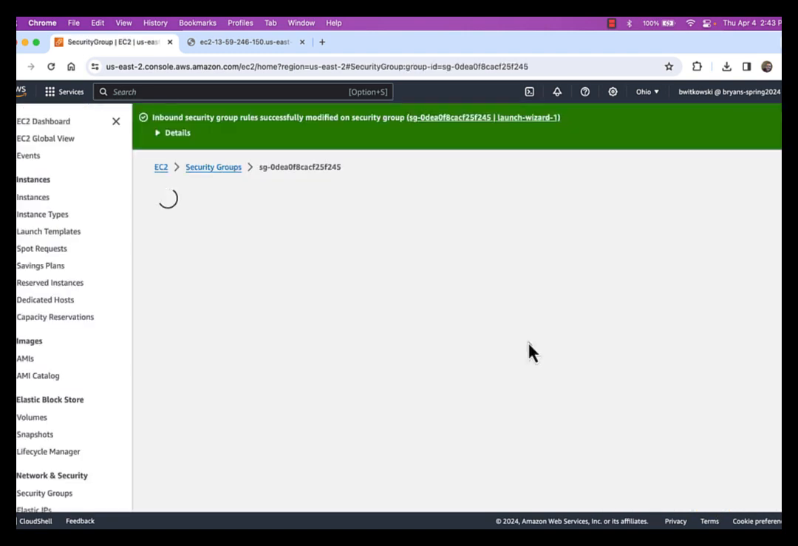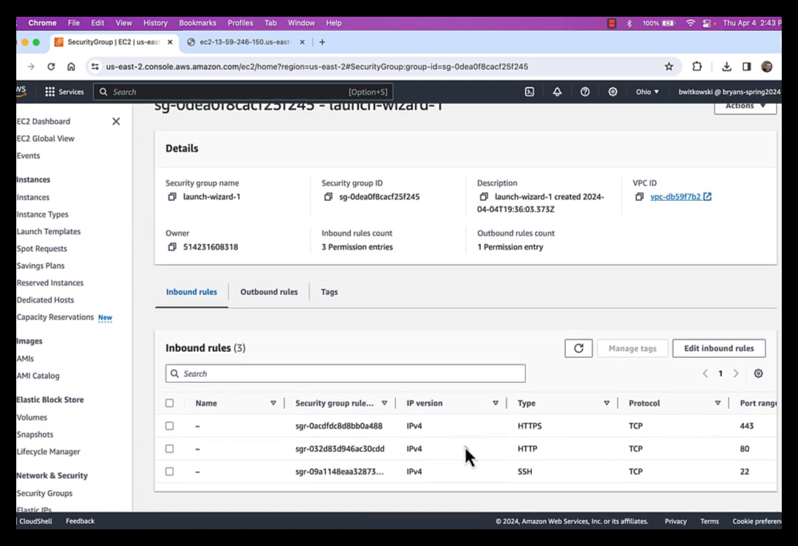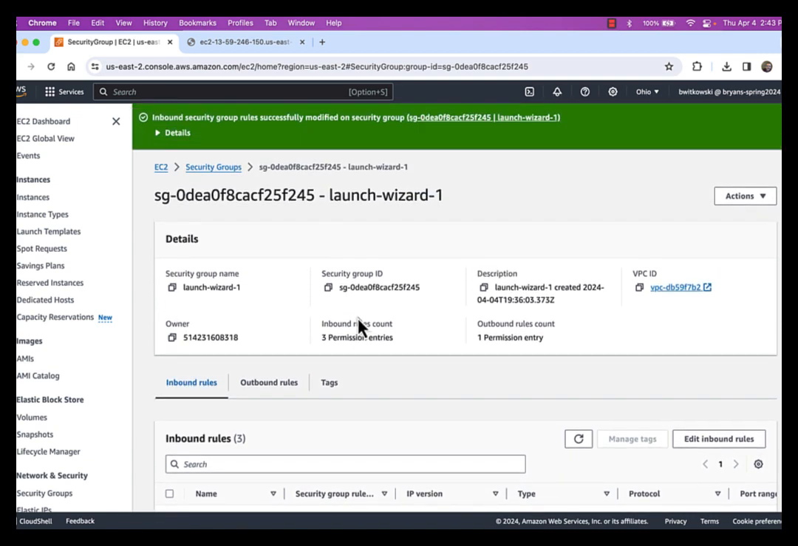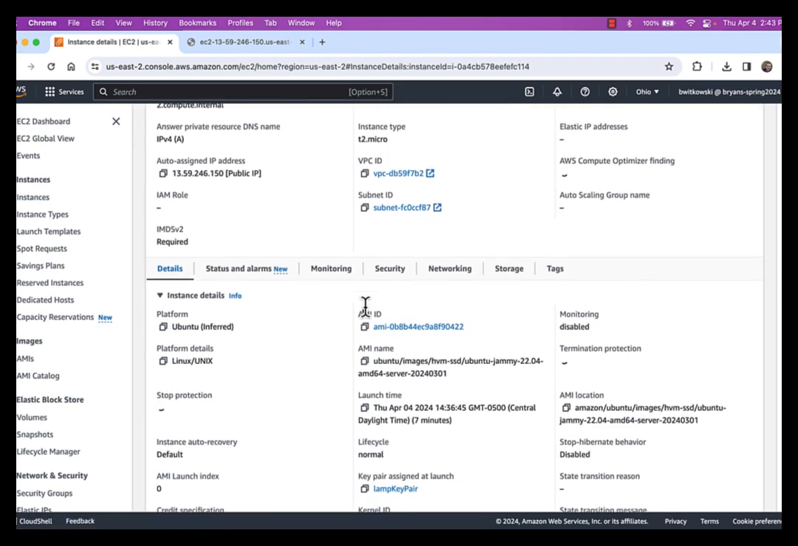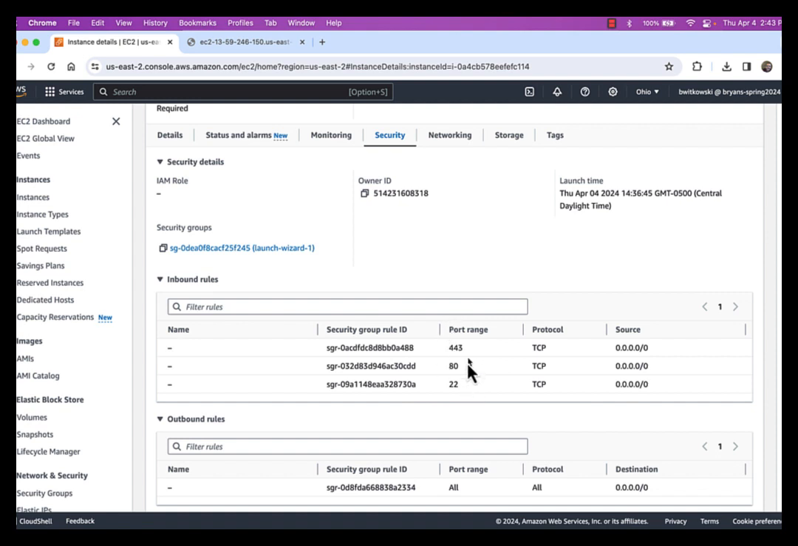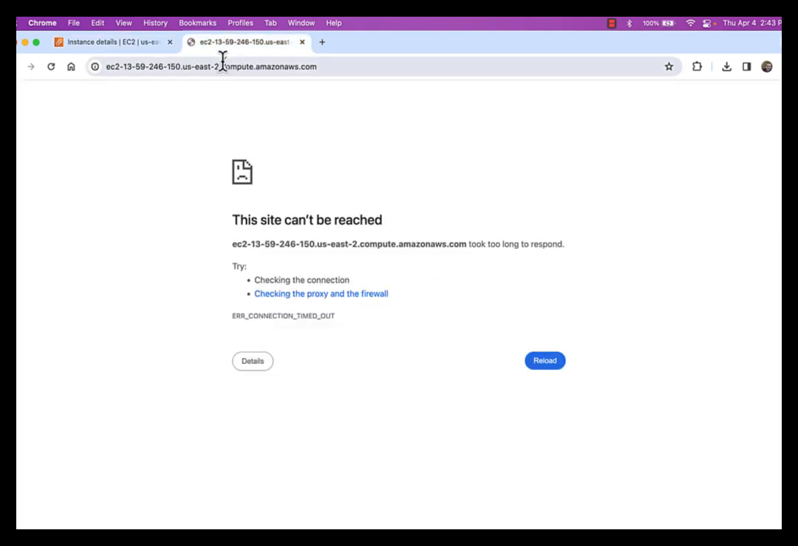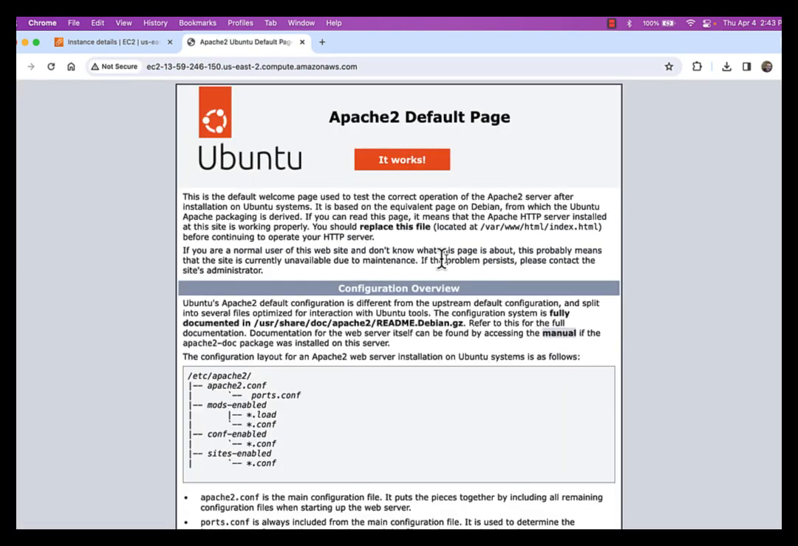And once I've done that, so I have the inbound rules set. So under the security groups, I've set those rules. I should be able to go back to my EC2 instances. And I should be able to see that under security. I should see the inbound rules. And now if I come back over to my browser and specifically that domain name, you'll see that I get